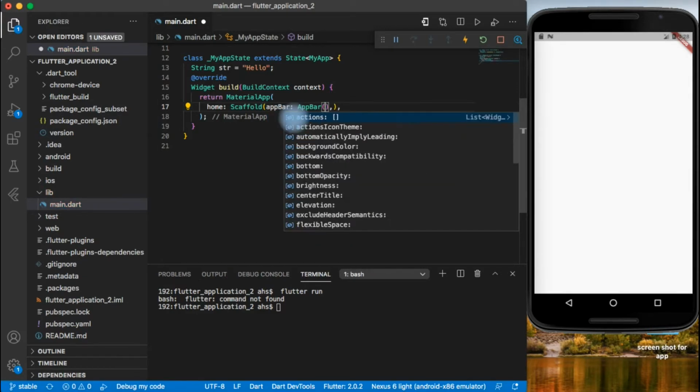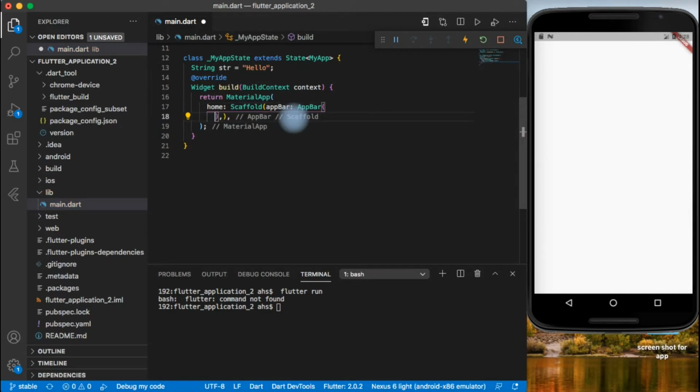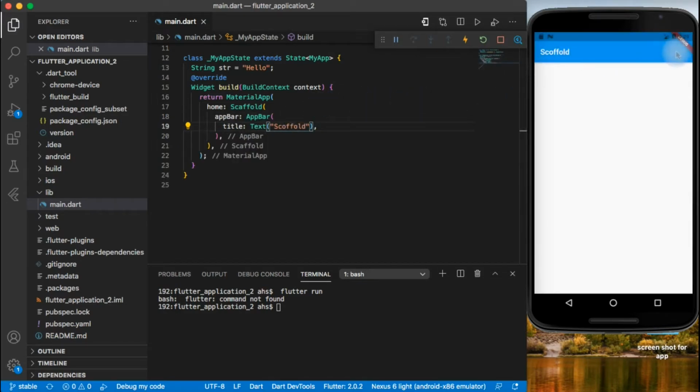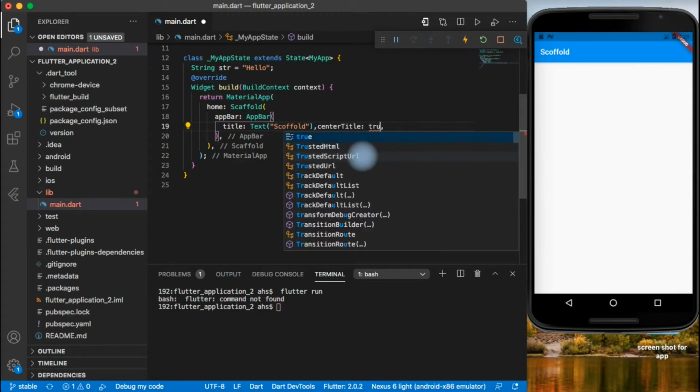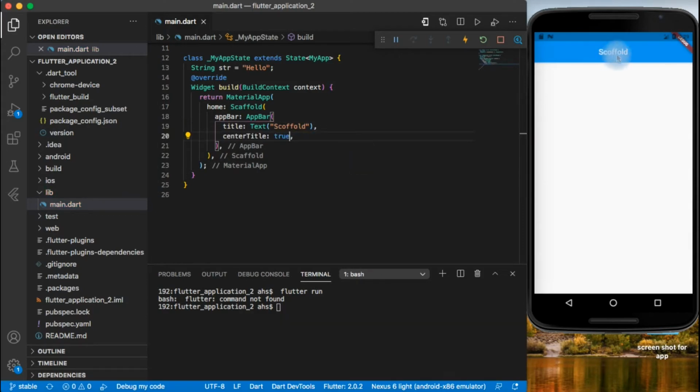App bar takes title, a text widget, the title. We can put a title, control S, and now we can see the title bar with the text title we provided. And let's bring the text to the center of the app bar. So what we can do, we can set center title equal to true, and control S,